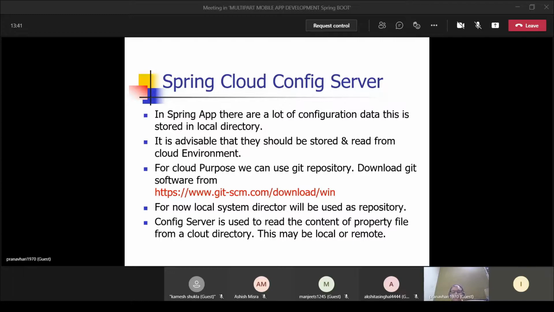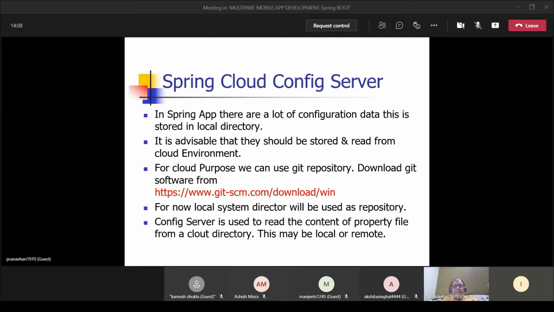Now here, today, the applications we will create, for that also, we have to keep the data in a Git repository, and for that we shall be using our local system. Now don't get confused that you are using a local system. No. In a configurations file, there is a small change.